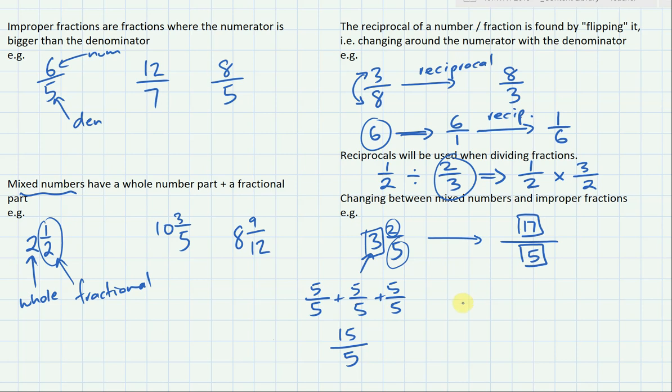Now to go the other way, say we had 21 quarters, we need to find the whole number part plus the fractional part. So we're dealing with quarters, so we know that that should be 4 there, that denominator. So what you do is ask yourself, how many 4s are in 21? So we know there are 5, so that means we've got 5 wholes and there is 1 left,